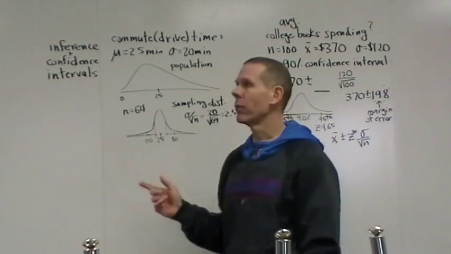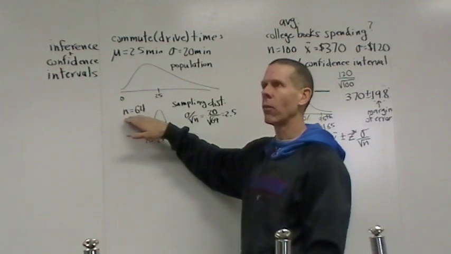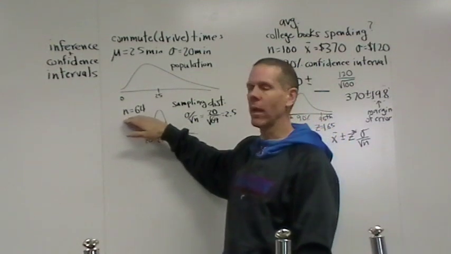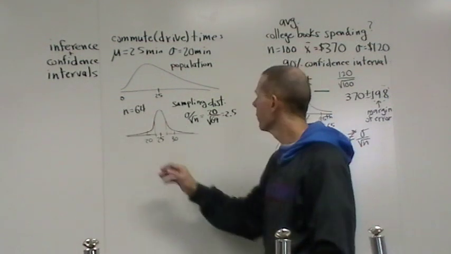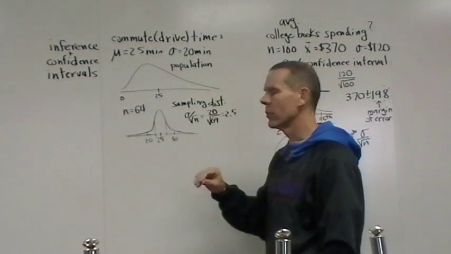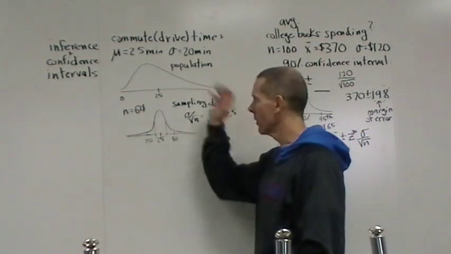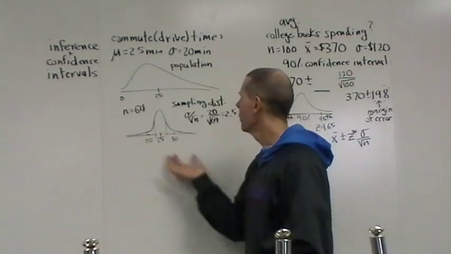One of our rules also says if you take a small enough sample, and as long as 64 is less than 1/10 of all the drivers out there, and I'm sure there's at least 640 drivers, then we can use this approximate formula for the standard deviation of the sampling distribution. So those are things we already know from the central limit theorem. So this is what the sampling distribution looks like.